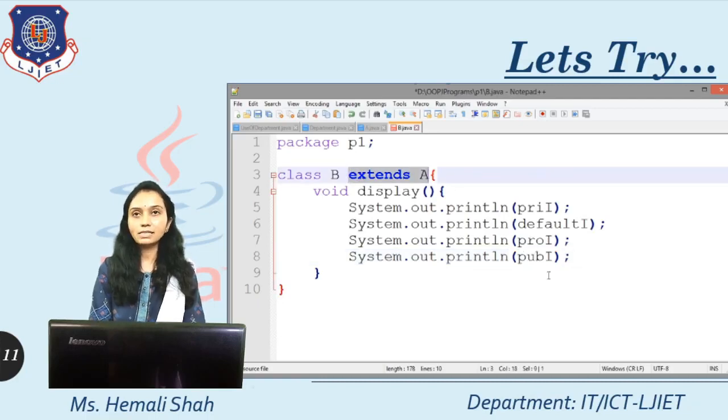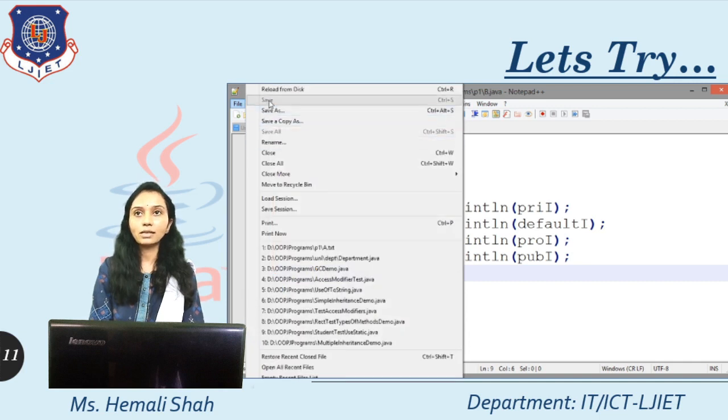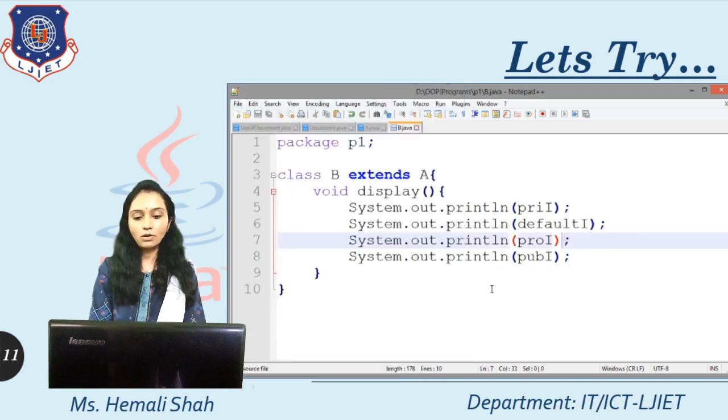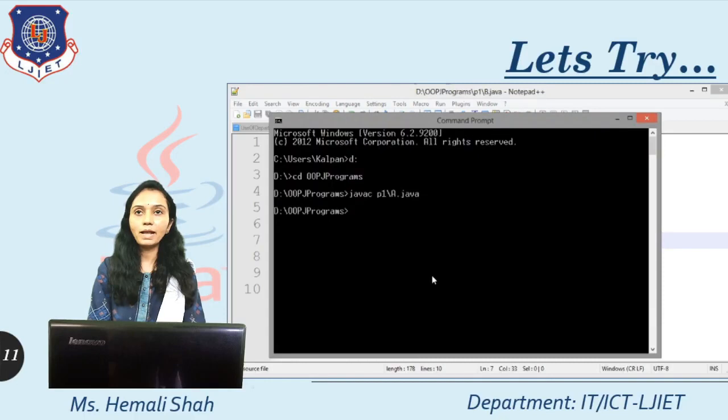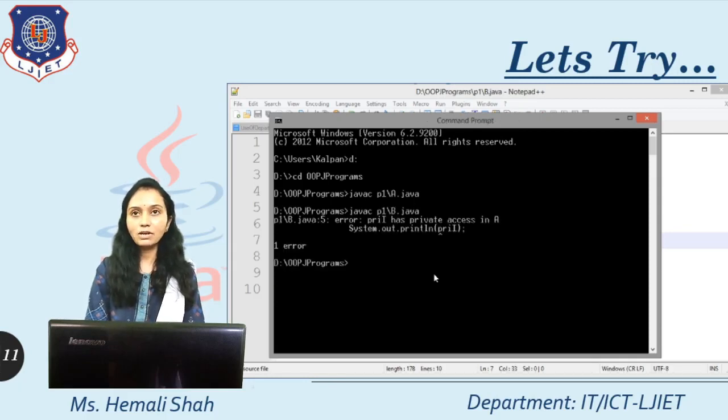Because here the super class is A and it is available in the same package. So these 4 are the data members of the super class. Save this file, open the command prompt and try to compile this B.java file. For that, javac, then space, P1 folder / B.java, right?